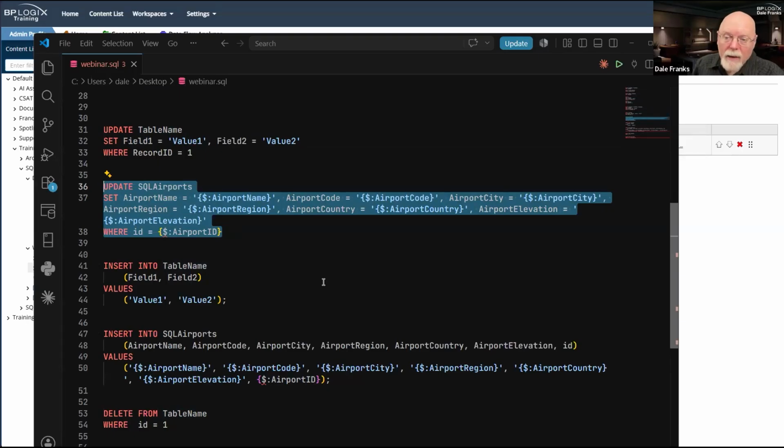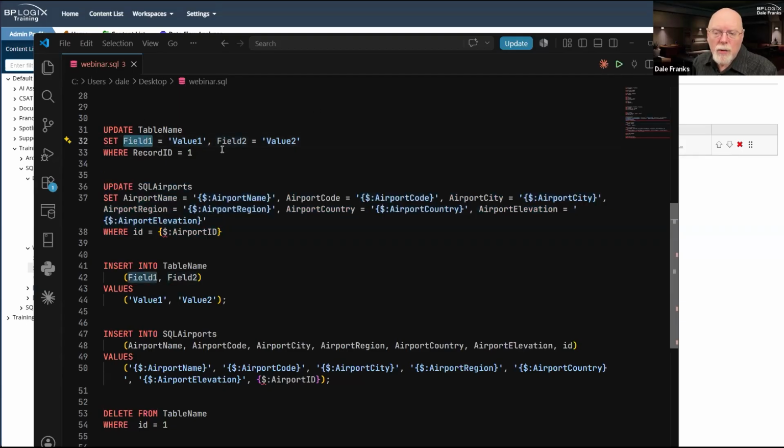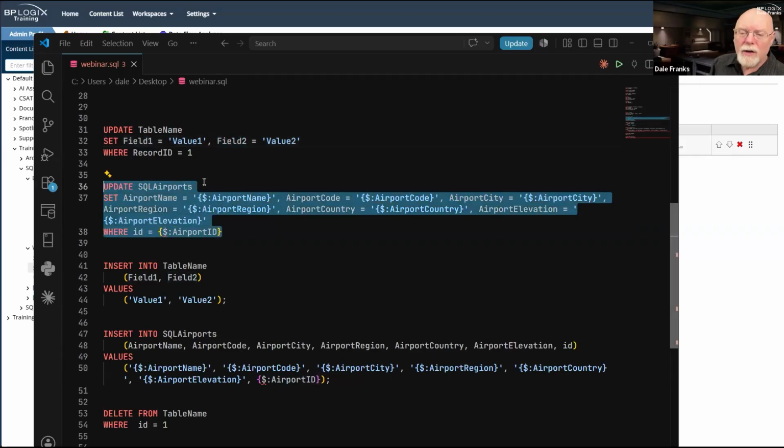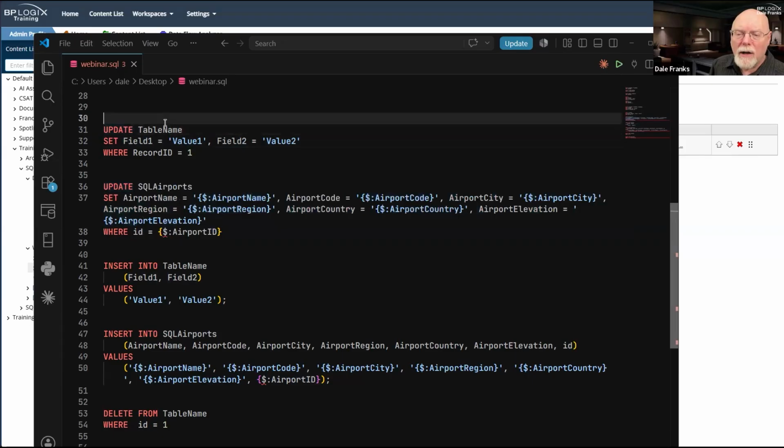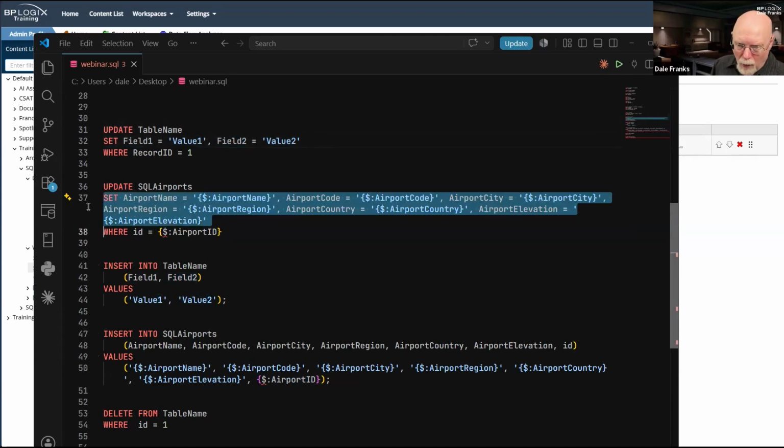Sometimes we do. And if we do, then we can just pick and choose the fields we want to allow the user to update. But if we don't know what fields, then we just have to add them all into our command. So we're going to update our table, and we are going to set field 1 equals value 1, comma, field 2 equals value 2, and so forth and so on. So that is what we call our set phrase. So here with the one that I have highlighted, this is the set phrase for this update command that specifies all of the fields that we are going to update.